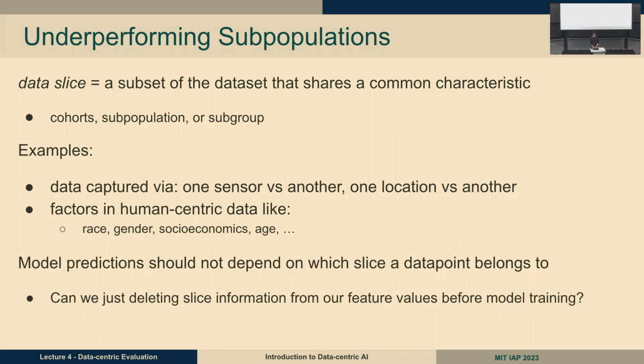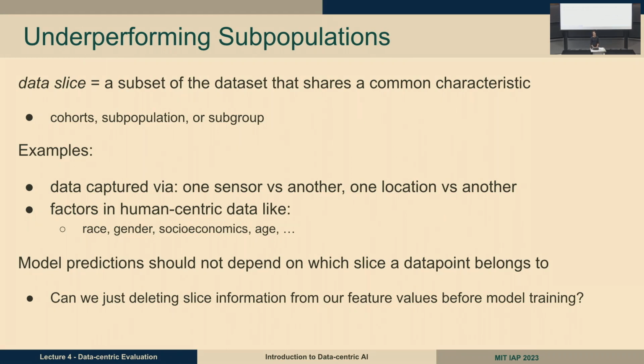And so another question I have is, given I said we don't really want our model predictions to depend on what slice a data point belonged to, do you think we can just delete all the slice information from our data set and from the feature values and then say we're good because this information is no longer in my data set? Yep. It would probably be hard because it might do something like with the cow example where it